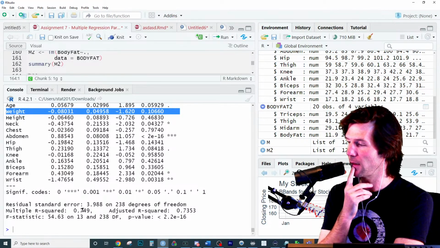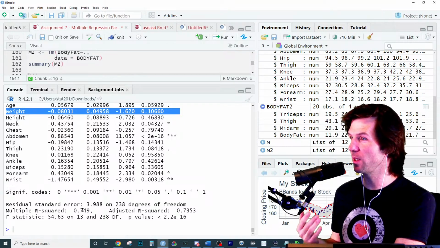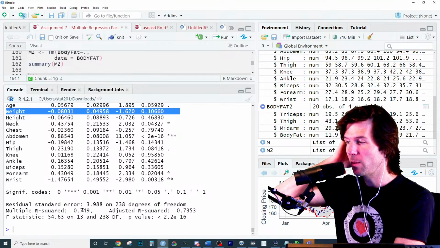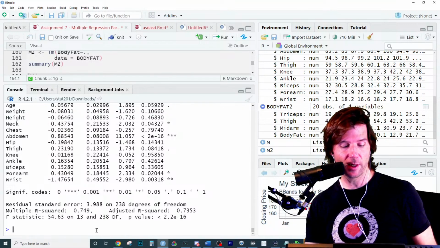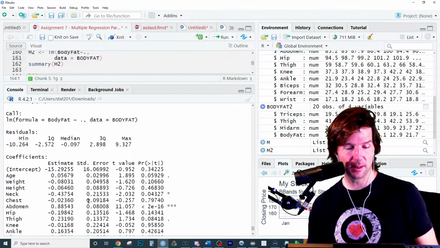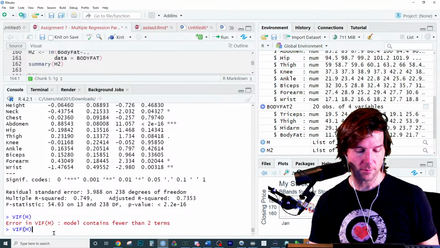I'll run the analytics on that. They might be redundant, right? They might bring the same sources of information. So abdomen's a pretty unique one maybe, but they don't bring new information, right? So this is variance inflation. And it's M2. Okay, there we go.